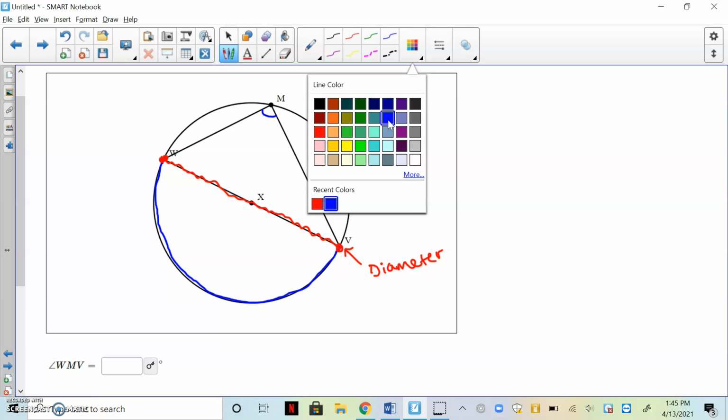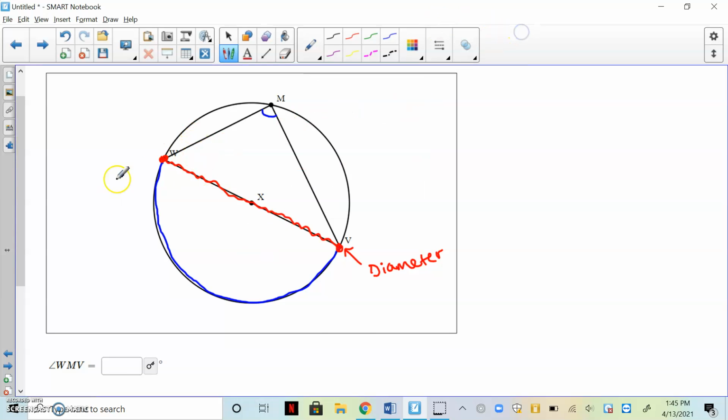So, that being said, I know that an entire circle has 360 degrees, right? So if an entire circle has 360 degrees, I know that this part of it must be half, because it's being cut in half by this diameter. Oops, this isn't 360. The whole circle is 360. So this is going to be 180 because 360 divided by 2 is equal to 180. Okay, because the whole circle